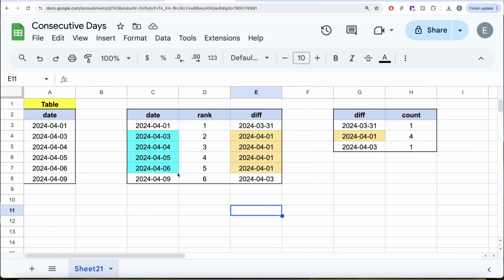Let me switch to Excel. So let's say here you have certain dates. So you have 1st of April, then 3rd, 4th, 5th, 6th, and 9th. So obviously you can see that 3rd, 4th, 5th, and 6th, these are the consecutive dates that we have. The trick to do this is you can rank these in ascending order. So obviously the 1st of April gets rank 1, then the next one gets rank 2, 3, 4, 5, 6. Once you have the ranks, then if you subtract the ranks from the dates, you are going to get certain dates. So from 1st of April 2024, if you subtract one day, you are going to get 31st of March